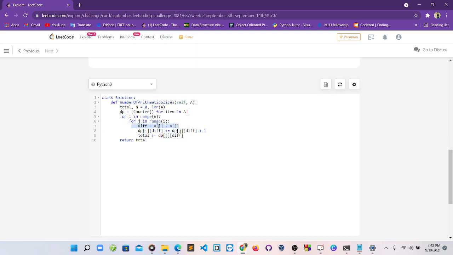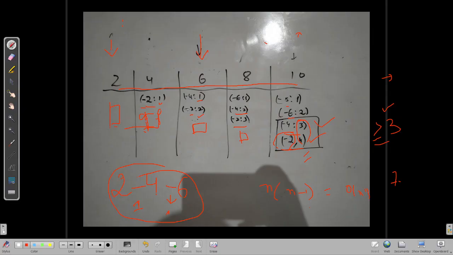You can say i minus j or j minus i, doesn't matter. But if you did i minus j, you have to follow this in everything. So if you get a common difference which is 2 minus 6, which is minus 4, what we will check, we will check if this minus 4 comes first time or